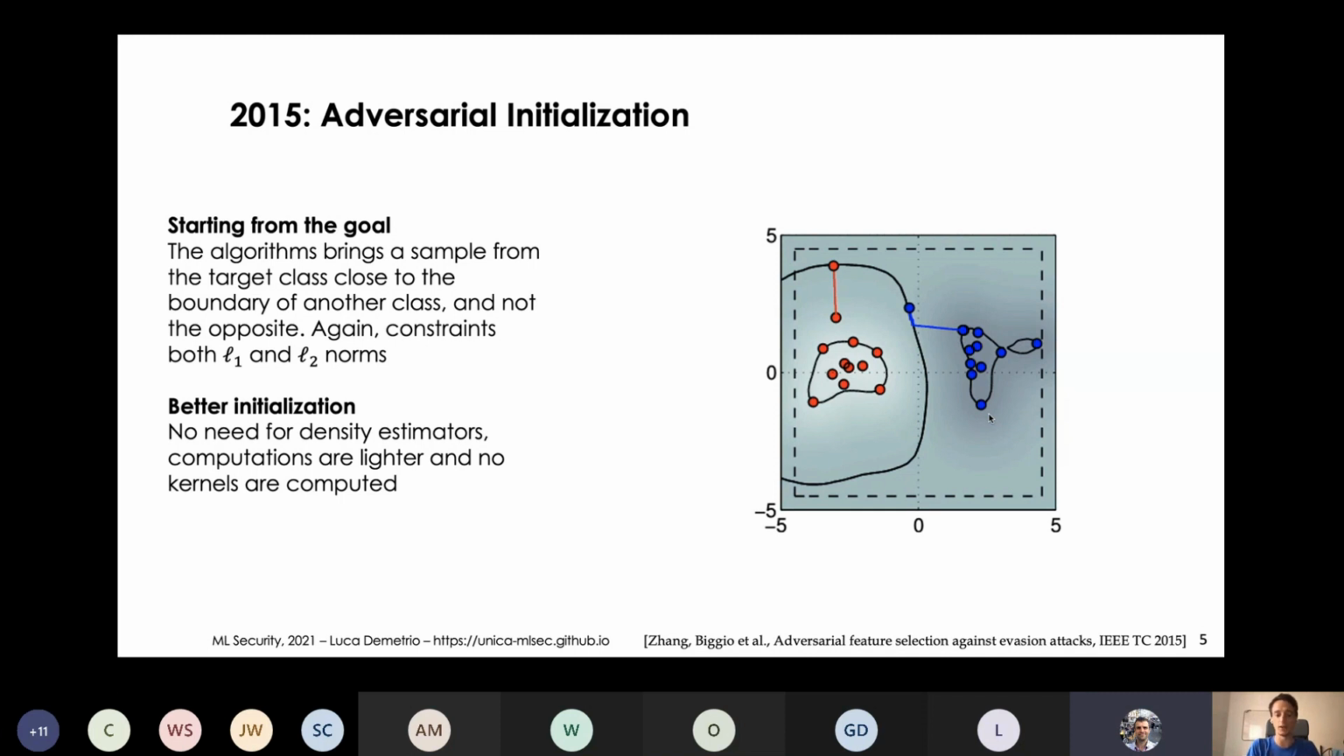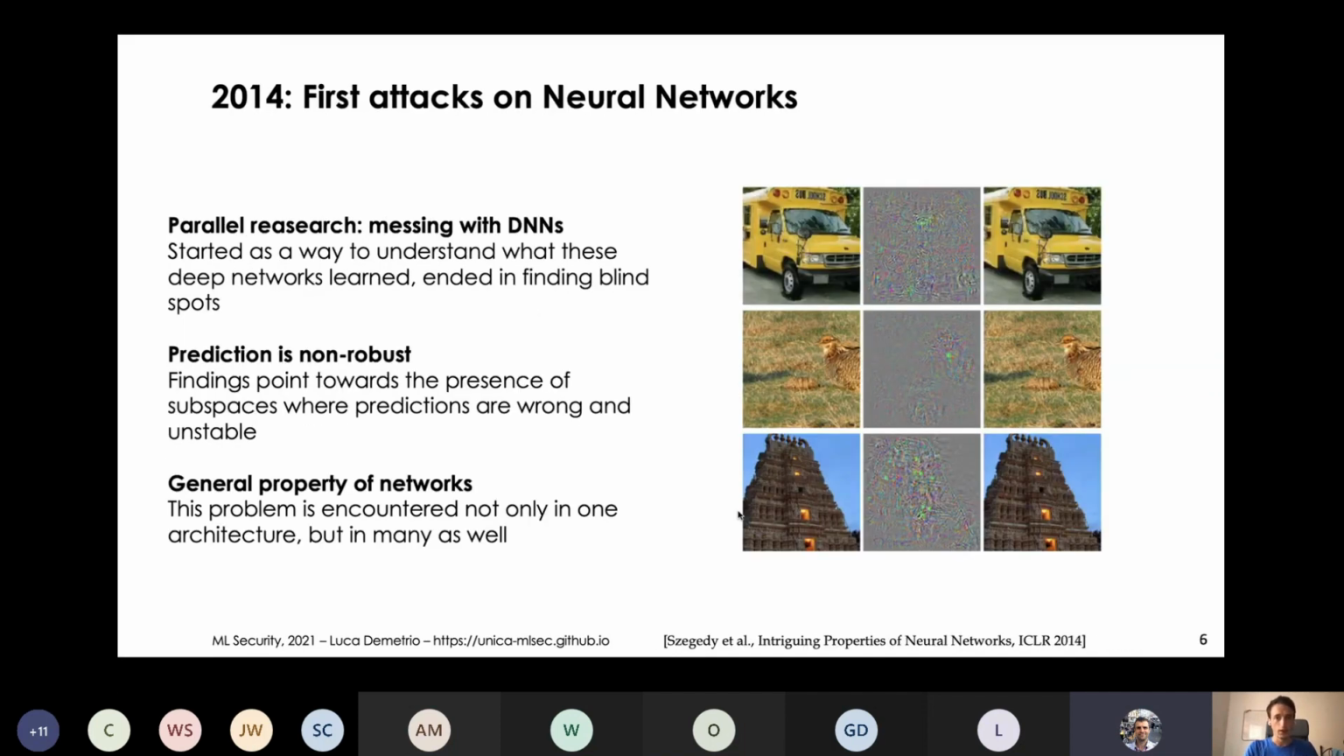And this is how this attack works. And this is how you basically remove the kernel density estimator from the original attack. But this was one line of work, just working on linear and kernel models. But in parallel at some point, as Professor Beach already showed